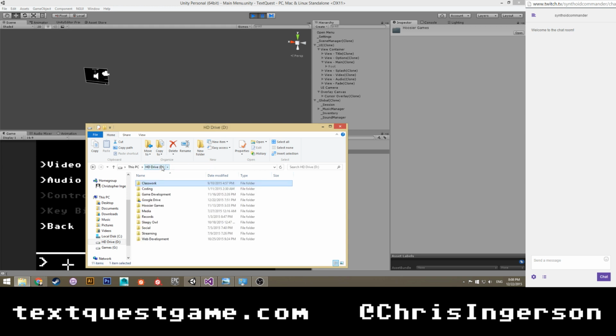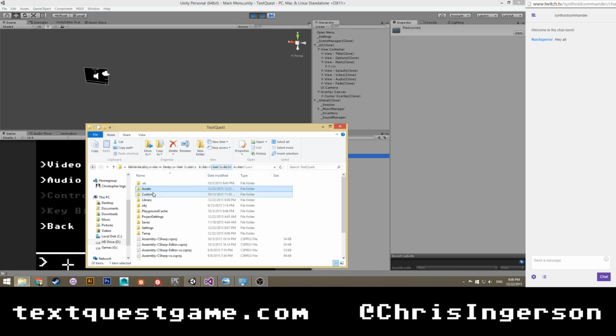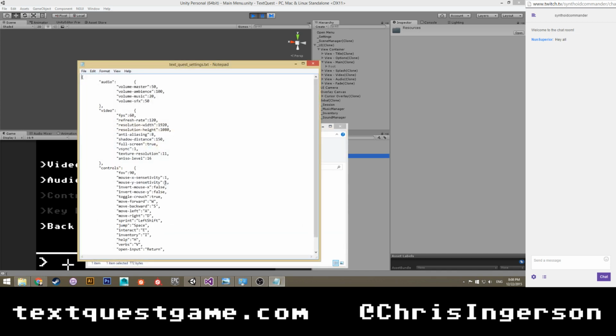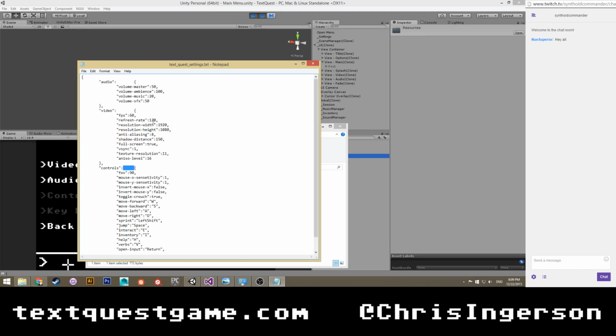Oh, because that's the wrong one. Go figure. Trying to explore. I was going to say, where was everything? And here we go. Just doing a quick overview of the adjustments I've made to the game settings that control stuff like FOV and application frame rate, all of that. So you can see now that our anti-aliasing has been set to 8, shadow distance is 150, full screen's true, vsync is 1, all that stuff.